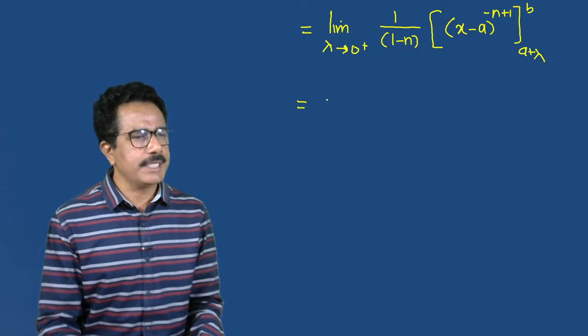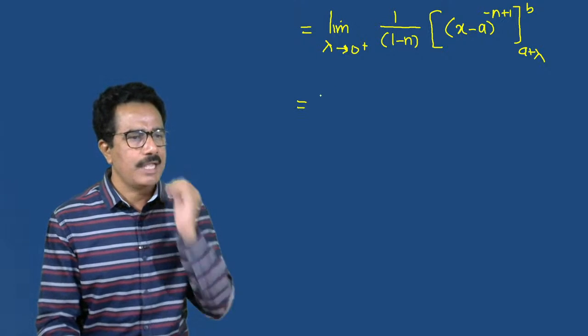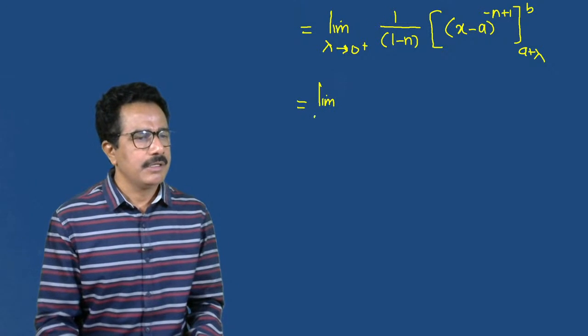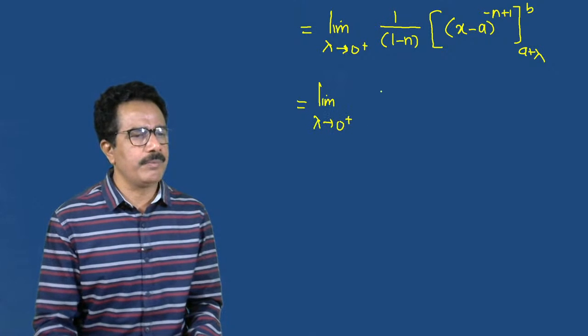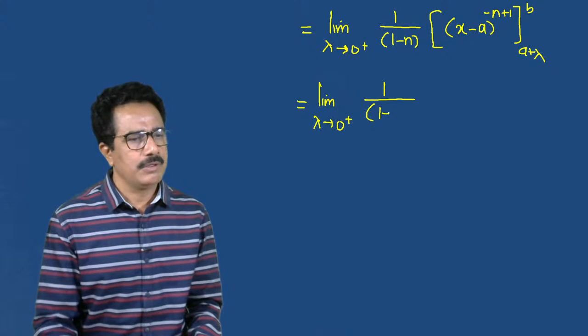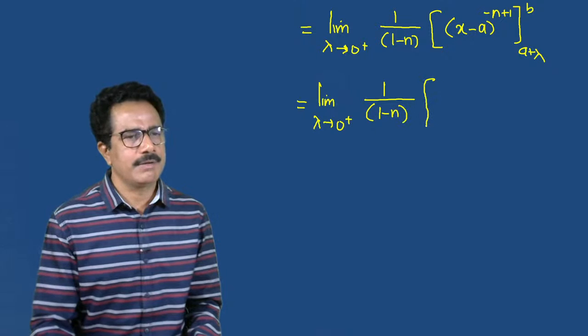So it may be written as limit lambda tends to 0 positive, 1 upon 1 minus n, we can write 1 upon x minus a